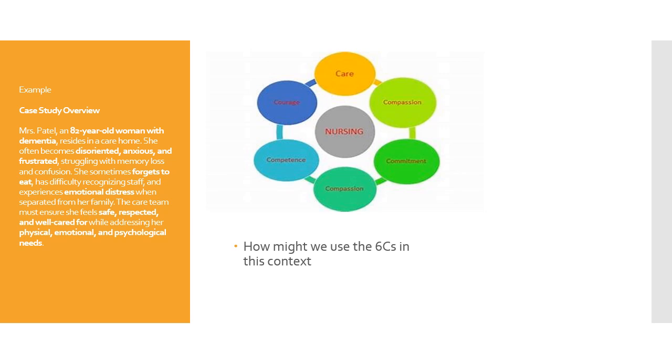So we will review a case study and we will see how we can use the 6 C's in the context of this case study. So as you can see in the case study, Mrs. Patel, an 82 years old woman with dementia, resides in care home. She often becomes disoriented, anxious and frustrated, struggling with memory loss and confusion. She sometimes forgets to eat, has difficulty recognizing staff, experiences emotional distress when separated from her family. The care team must ensure she feels safe, respected, and well cared for while addressing her physical, emotional, and psychological